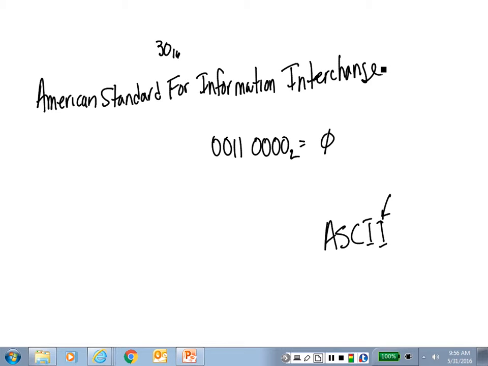Now, a lot of ASCII codes don't use binary because what we need to do is, and we're not teaching this in this class, but just to give you a feel for it, binary is very inefficient as far as trying to give numbers to me. So what we do is we can use another numbering system to represent a binary number. So I could come up here and I could write down